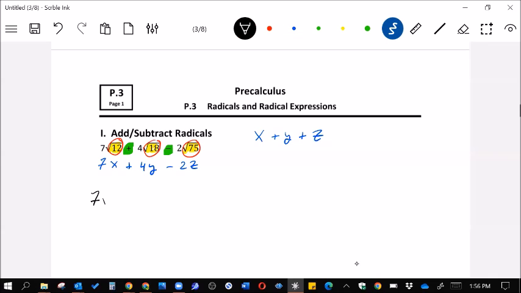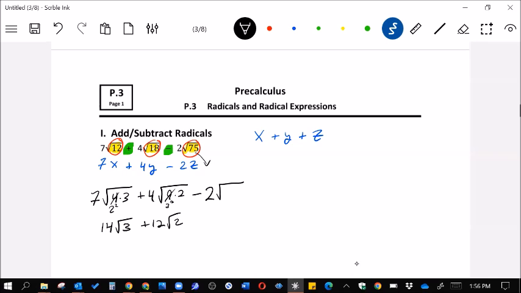So 12 is 4 times 3. And because 4 is 2 squared, we can take a 2 out, and this becomes 14 square root of 3, 2 times 7. For the second one, square root of 18 is actually 9 times 2, and 9 is 3 squared. So 3 times 4 is 12. And there's the square root of 2. And now on the third one,